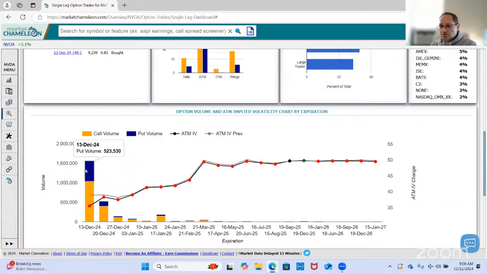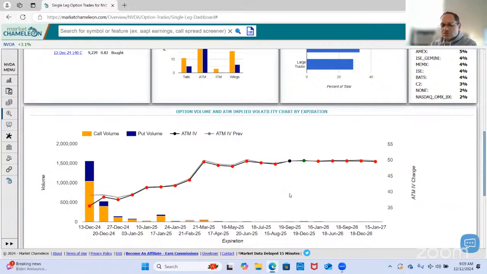These are expiring tomorrow, and just hover, you could eyeball it, and you could see that more volume traded in the calls than in the puts, which indicates to us that the traders preferred trading calls over puts yesterday. The next one down is December 20th, and you could see here a similar situation, more volume in the calls than